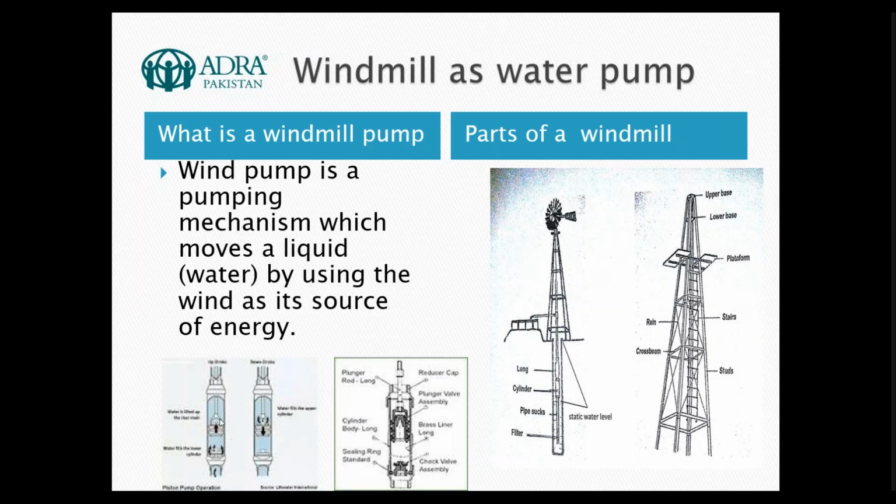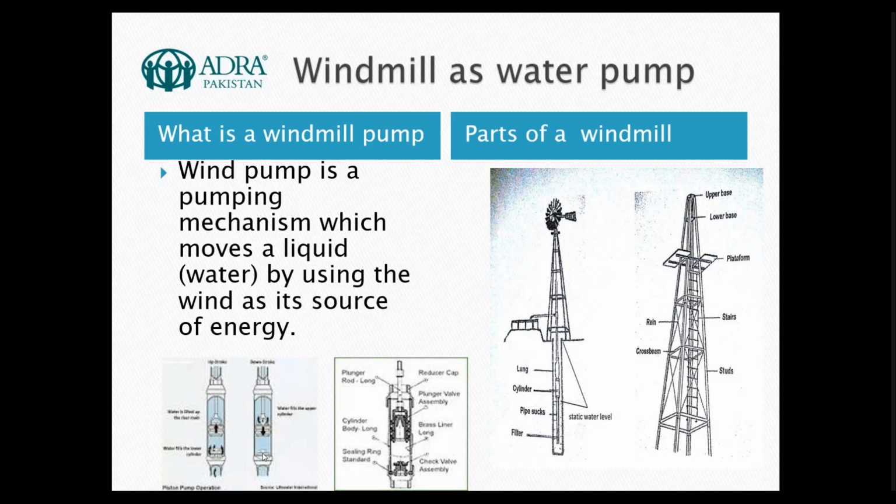When the piston in the cylinder goes up, this valve is open, allowing the water to go into the cylinder, and closing this valve in order to get the water up to the tube or pipe and lift up the water. When the piston goes down, this valve is open in order to allow the water to keep in this container, this section, to go to the other place, and then this valve is closed.